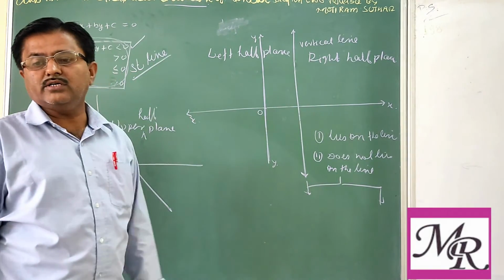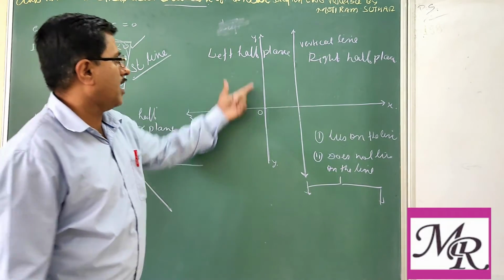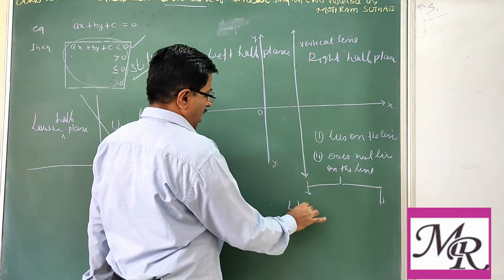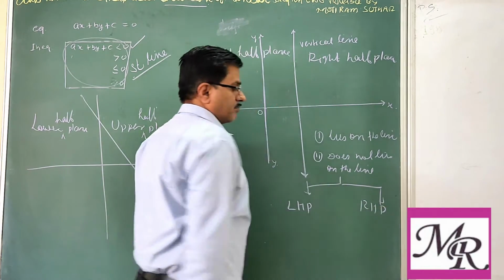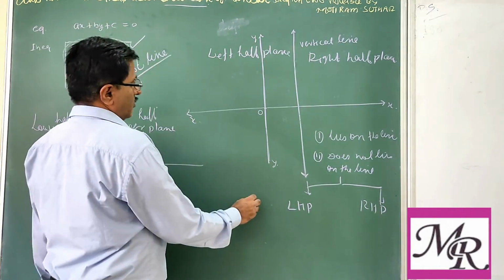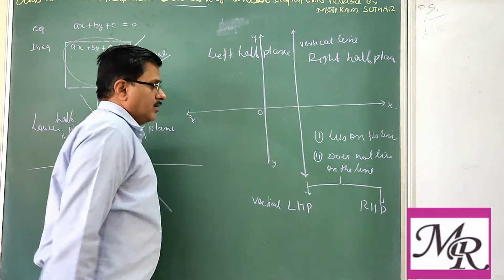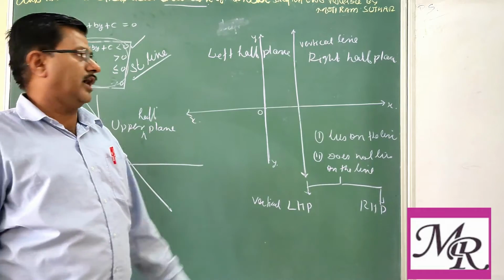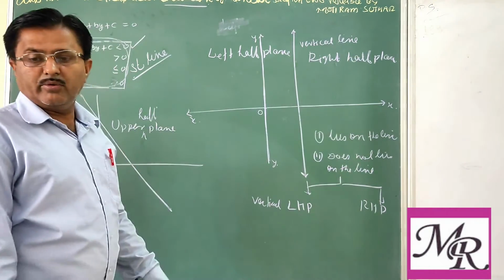If the point does not lie on the line, then it may be in the left half plane, or it may be in the right half plane. If you are drawing a line that is vertical, then the point will lie in this plane or in this plane. If it is a non-vertical line,